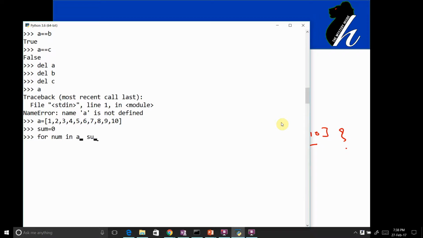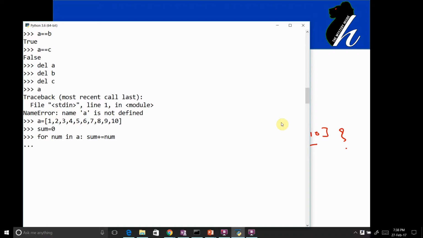What I need to do is sum equals sum plus each element. So what exactly is this statement going to do? It is first going to copy 1 into num, and then perform the summation, meaning sum equals 0 plus 1 equals 1.